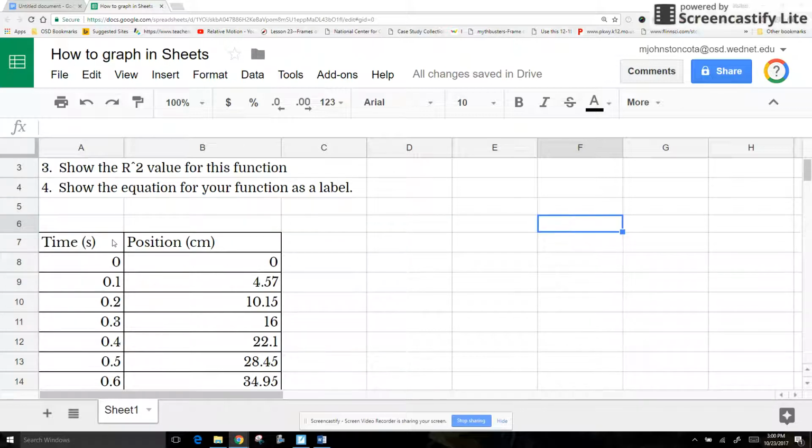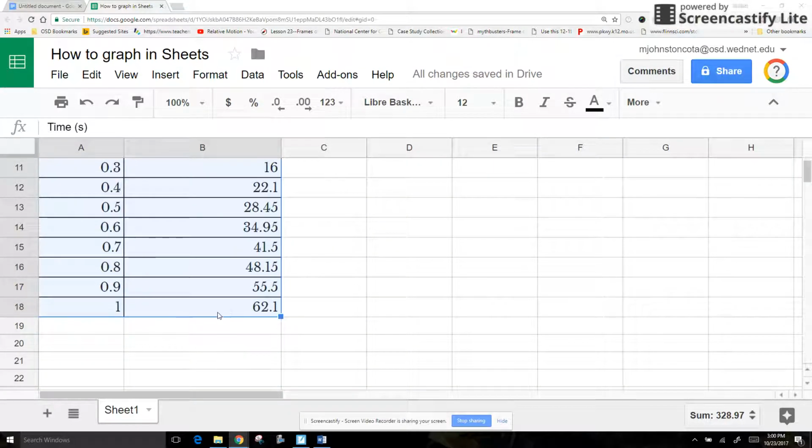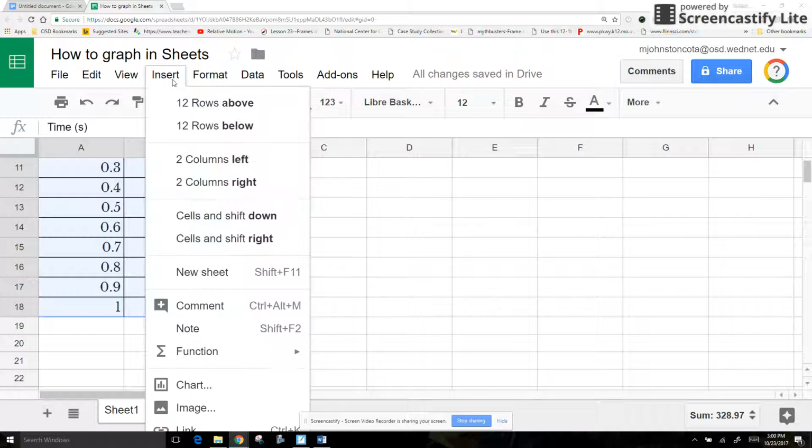First and foremost, you're going to type in your data. In your Half-Life experiment, it's going to be trials in the first column and number of original isotopes in the second column. It is this easy to graph. You are going to start by highlighting all your data, just like that. Then you go to Insert, and you go to Chart,